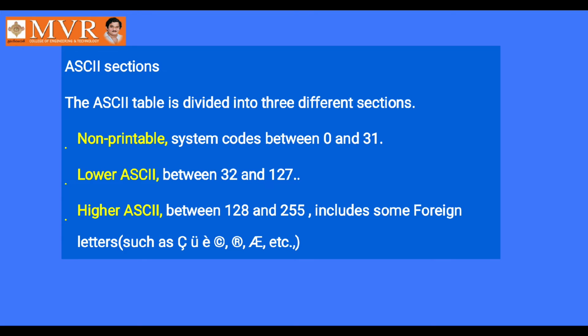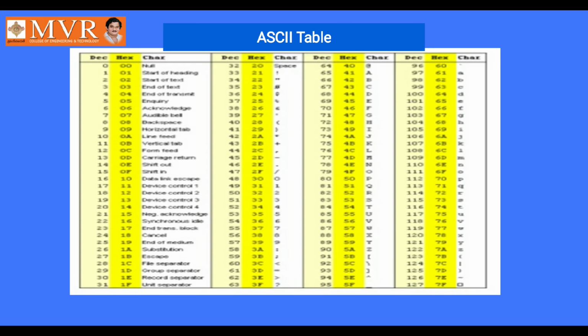I have given you some examples in the brackets. Those foreign letters are also represented using ASCII. And for your reference, I have given this ASCII table of 128 characters. Of course, this is not fully visible because it is not possible to place all 128 characters on one screen, and if you require it, I will post this screen into your WhatsApp group also. So this is all about ASCII.